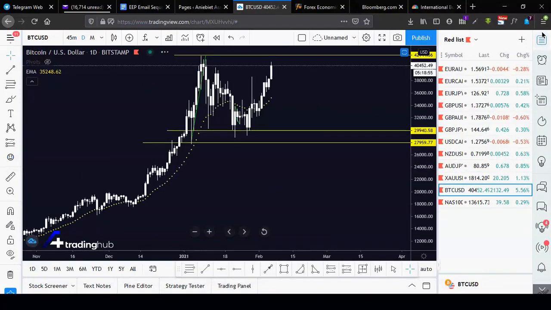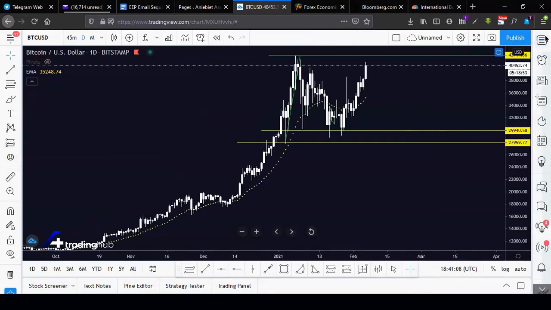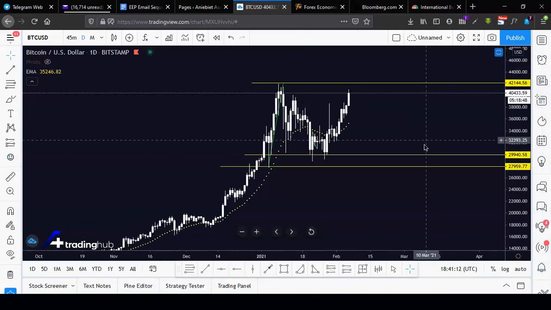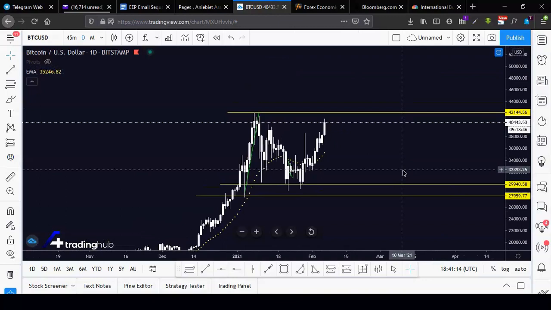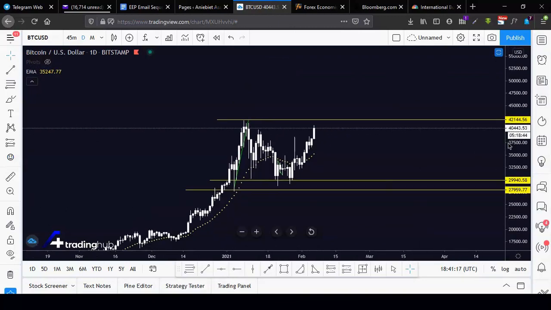Right, the next one is Bitcoin. Everybody is talking about Bitcoin, and I believe you guys can remember the analysis I did on Bitcoin. I said price will tag 50k, but here we are going to see a bigger correction, like something of this nature. That is what I drew. I made this analysis some weeks ago, and you see price here has been going along with it, and it's approaching the all-time highs again,